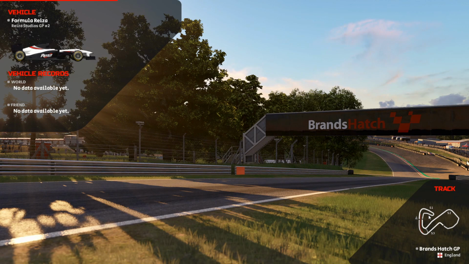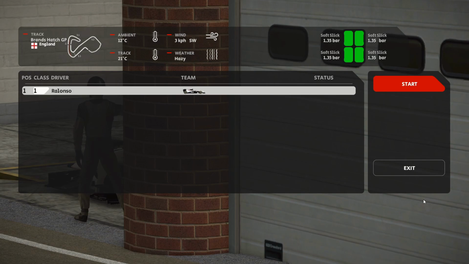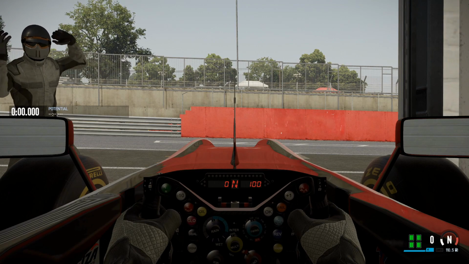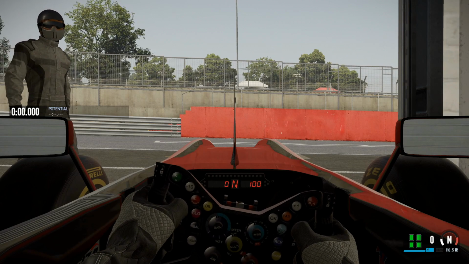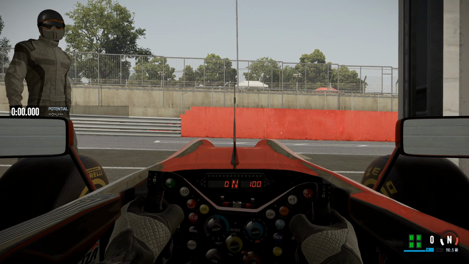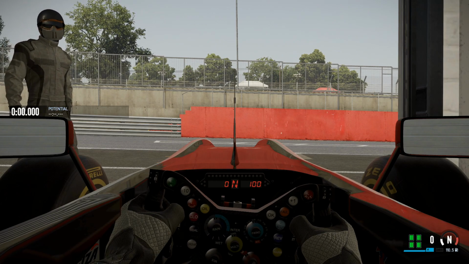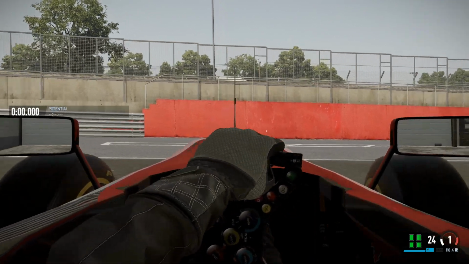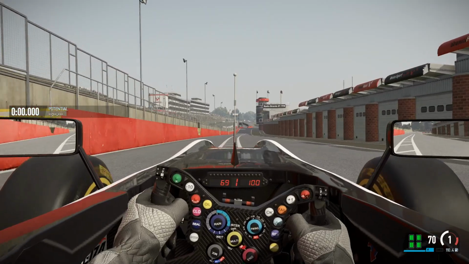As you can see, the loading screen is very immersive. I like those screens. And now we are here in the garage. We won't do any kind of setup changes. And now we are in the car. We have 110.5 liters of fuel. Another time a very high fuel load with which we should go on track now. Setting the first gear. Oh, we are heading down the pit lane